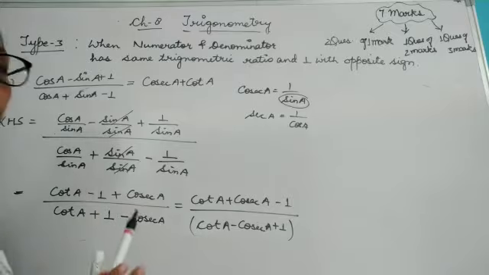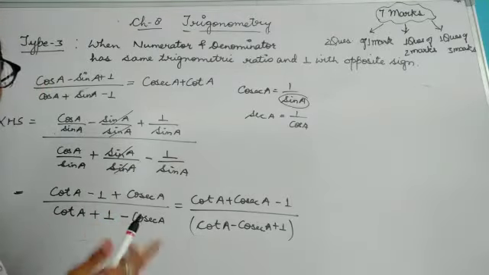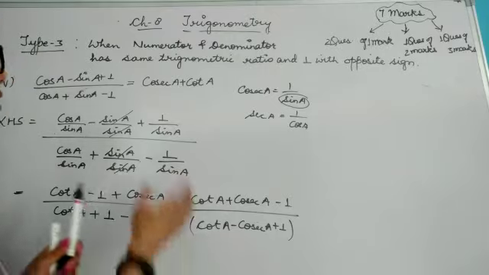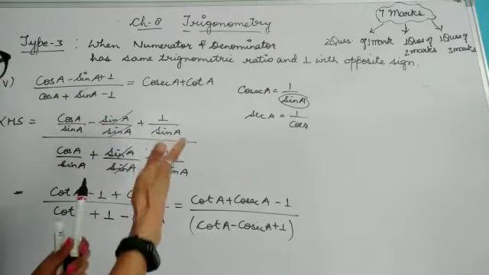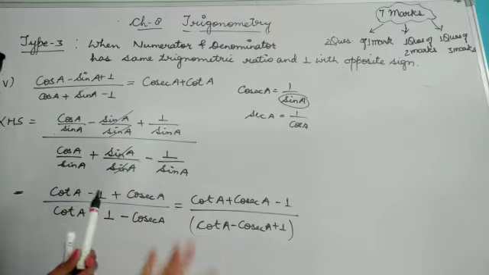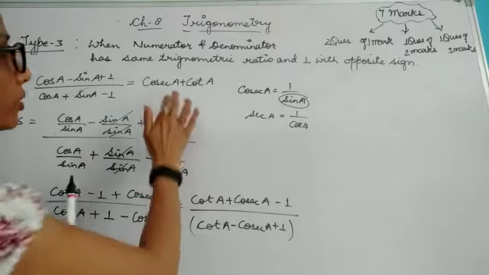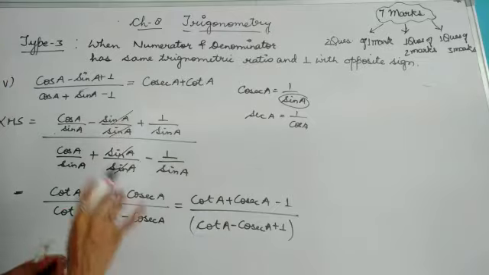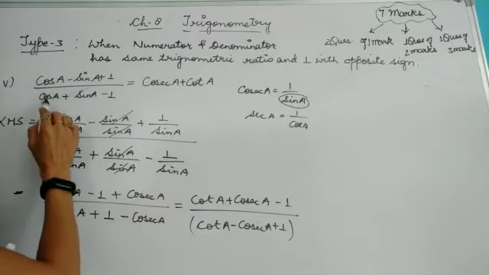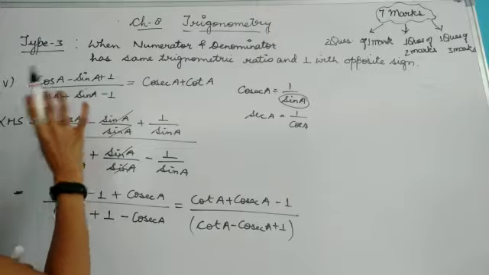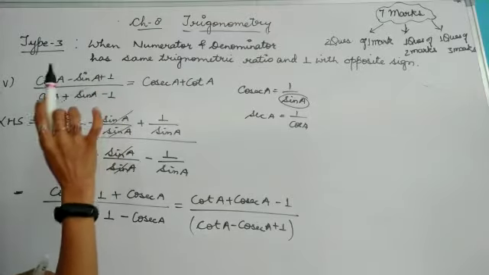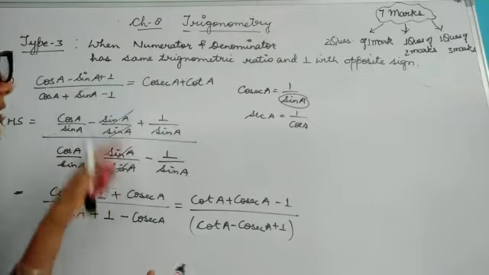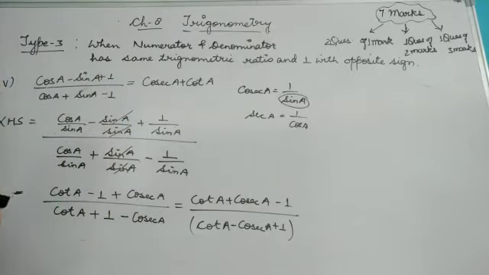Now why am I telling you this particular method? Because if you go by this method, the answer will come very easily. Otherwise you will be changing and thinking and changing into some other form. It will take 2-3 pages and you will not reach the desired point. So this is a particular method, and the identification is that in the question 2 trigonometric ratios will be given to you along with 1, and the signs of the 1 will be opposite to each other. One is plus and one is minus.